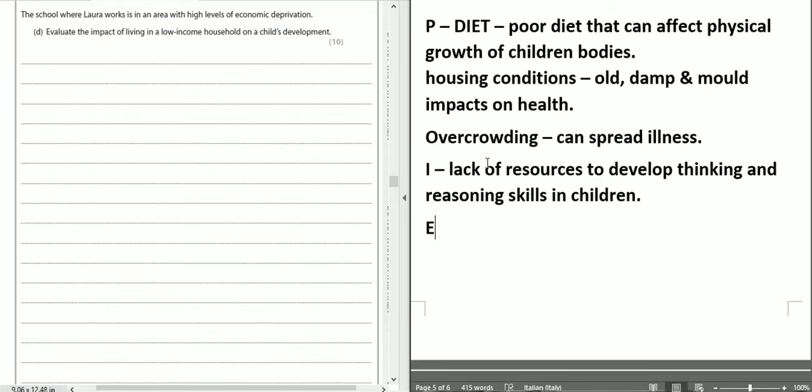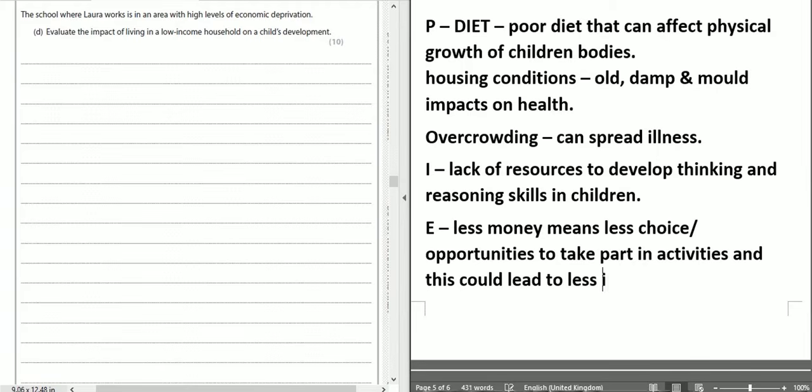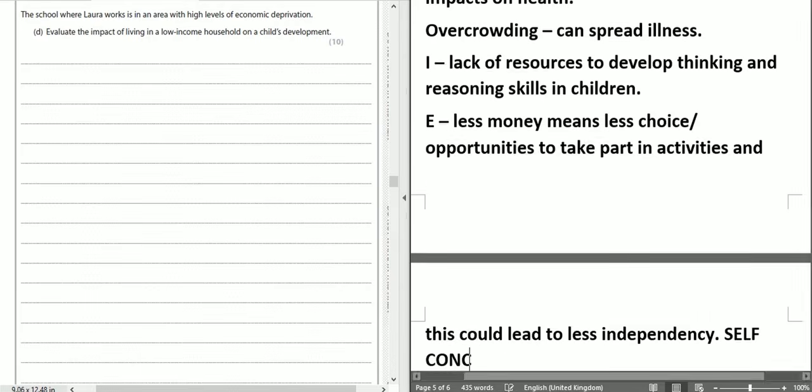Emotional development. Again, you might think about the idea of less money means less choice or opportunities to take part in activities, and this could lead to less independence. Again, I'm thinking about that question earlier about Laura, about how she was independent, how that was good for her self-concept. So obviously self-concept /